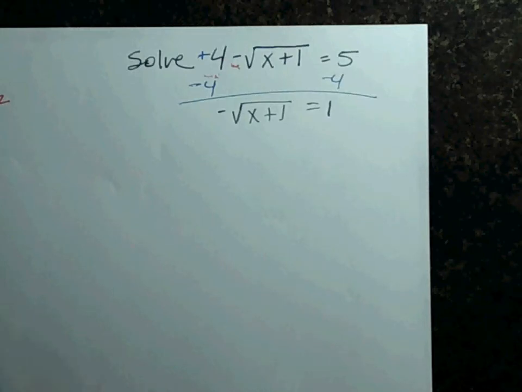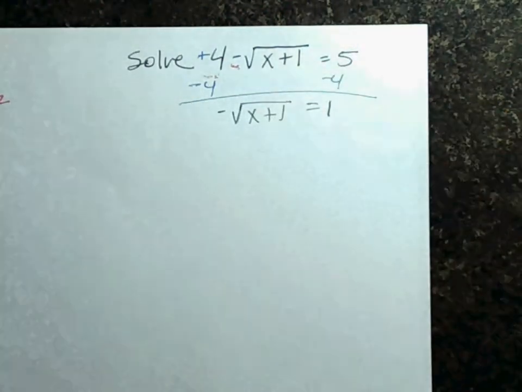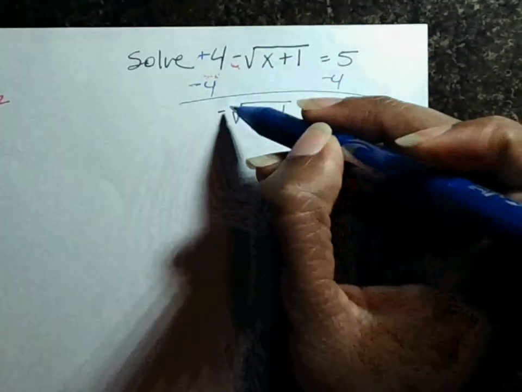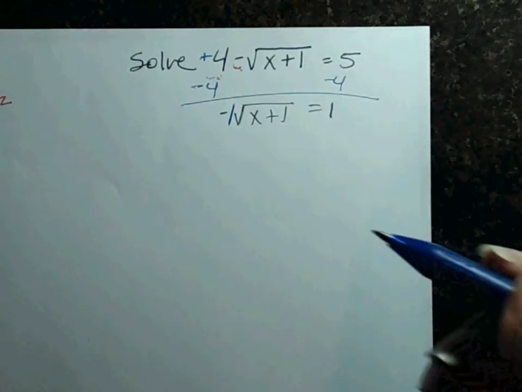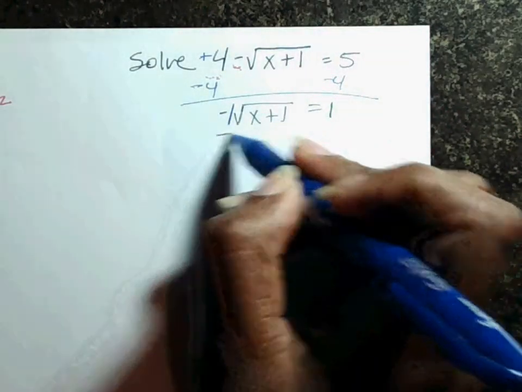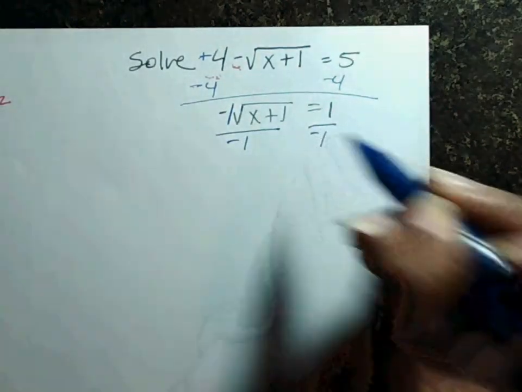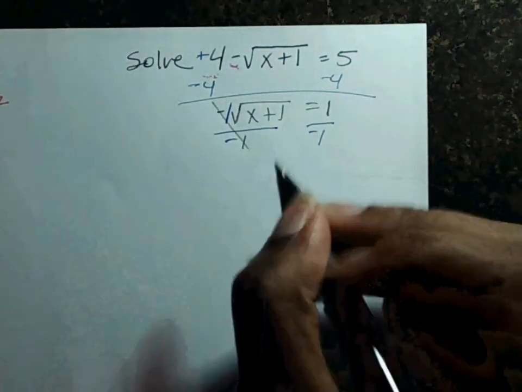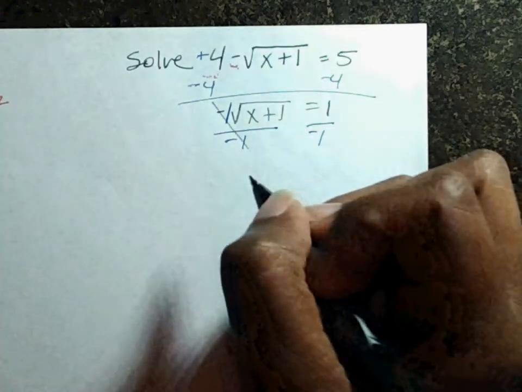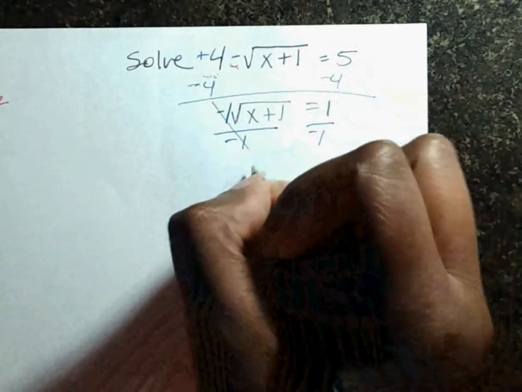It's like a negative 1 really. There's like an imaginary 1 right there. Negative 1 times the square root. Well, you divide by negative 1. Those say farewell. Well, really it turns into 1, but I'm just saying. Alright, so